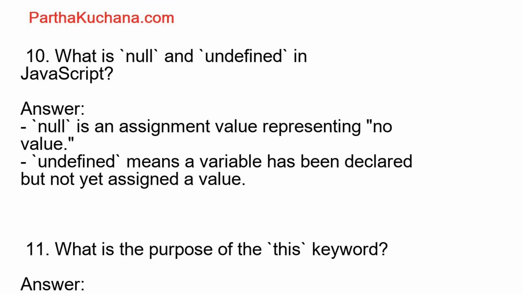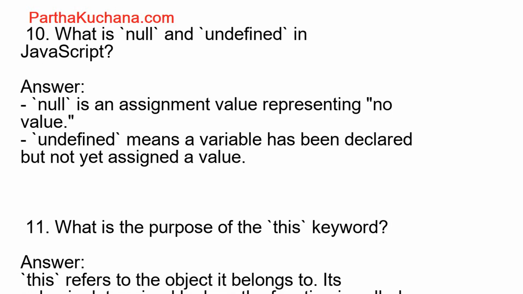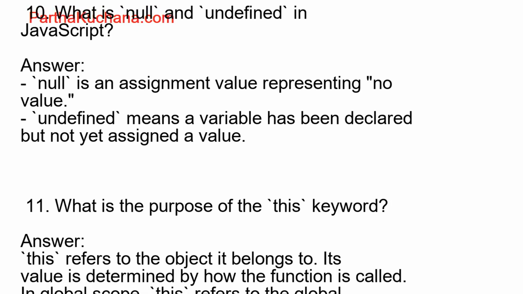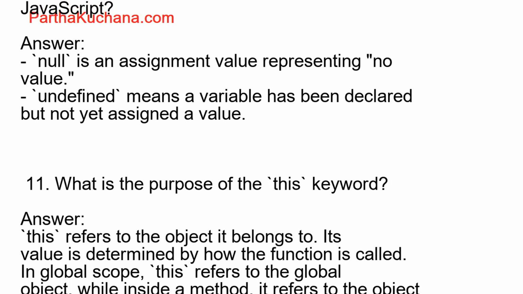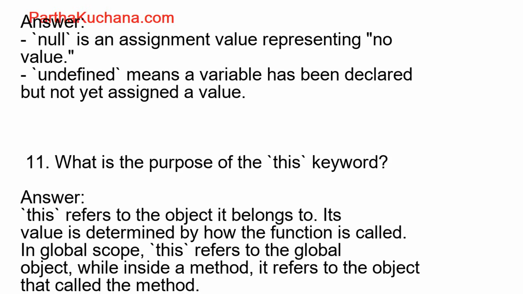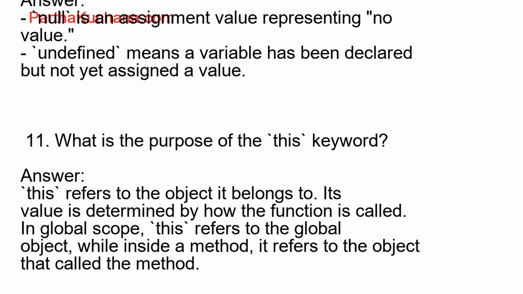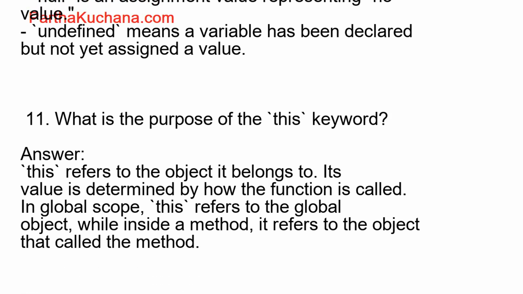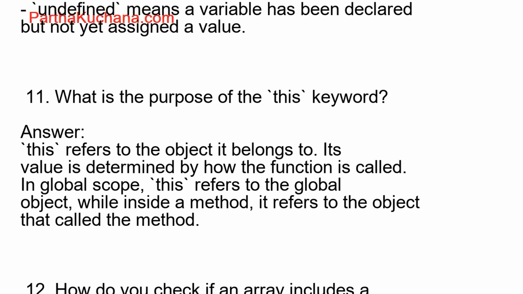12. How do you check if an array includes a certain value? Answer. You can use the includes method to check if an array contains a specific element. Example, JavaScript: let numbers = [1, 2, 3]; numbers.includes(2); // true